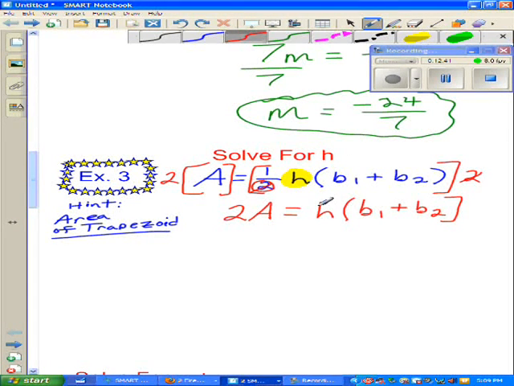So anytime you're trying to isolate a variable, you need to keep in mind what that variable is doing. What is the h doing? Well, he's trying to multiply times all this stuff, okay? So, I left the parentheses out. So, since h is trying to multiply by all this stuff, and all this stuff is grouped together inside parentheses,